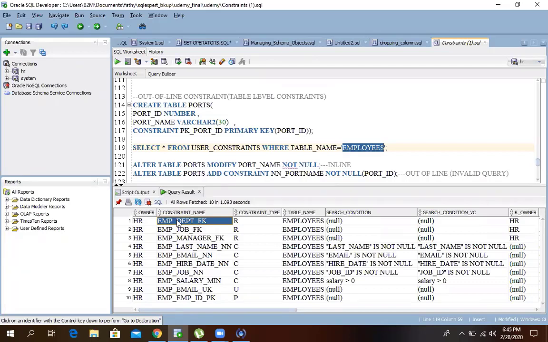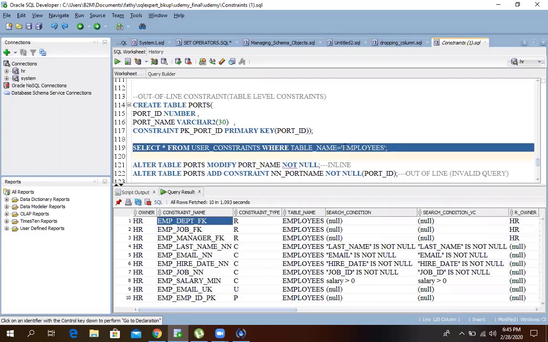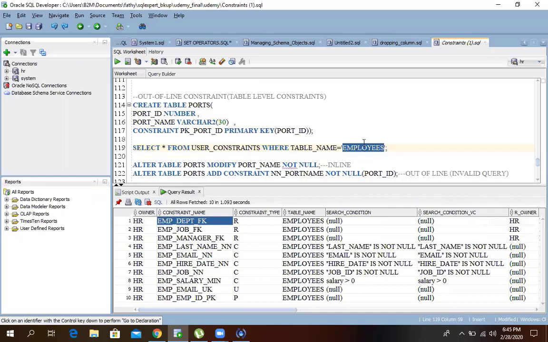Yes, auto parts. After completing the class, you can execute the same query, put your table name in capital letters, and see how Oracle is naming your constraints. Then in tomorrow's class, let me know the name of the constraint for your auto parts table. Can you get that for me?